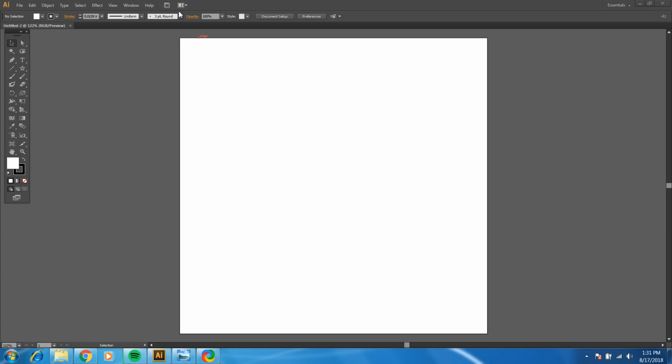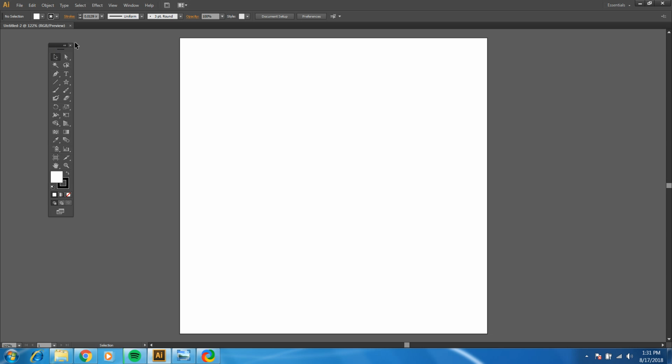Now, typically, Illustrator is going to open up like this, unless you opened it up before and opened up panels. We have our toolbar over here. These are the main tools that we are going to be going over today. And I can tell you, we will not be going over all these tools. Some are much more advanced. Some you may never even use. I will be going over the key tools for beginners that you can utilize. As you become more advanced, you will start to learn other tools maybe that interest you